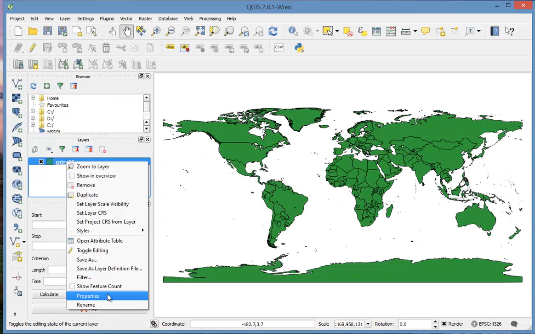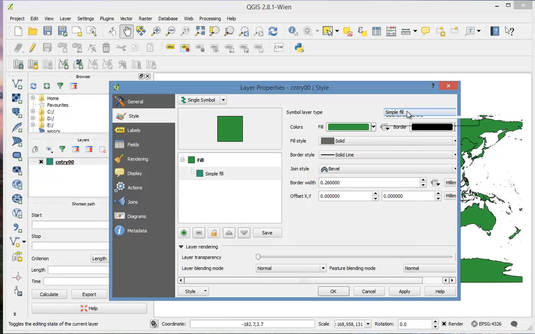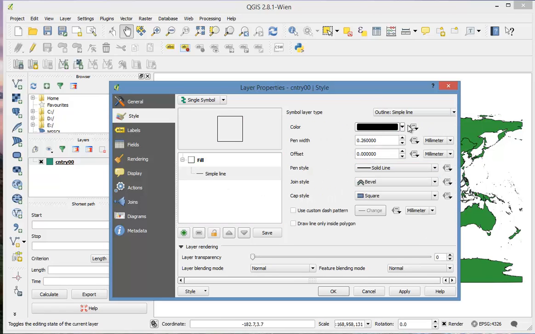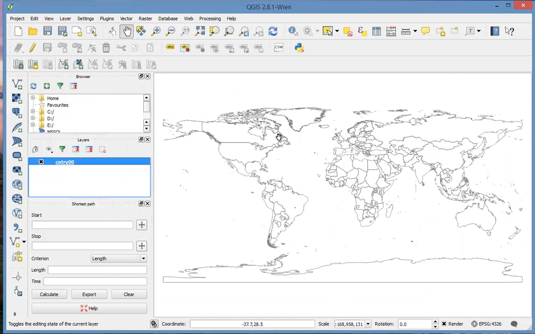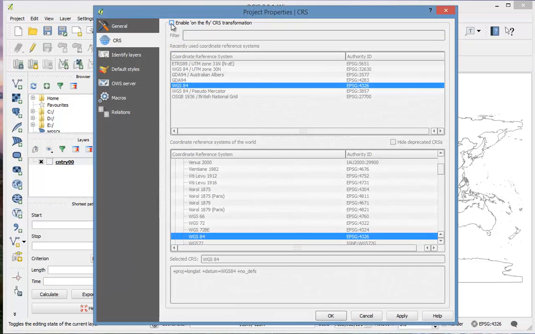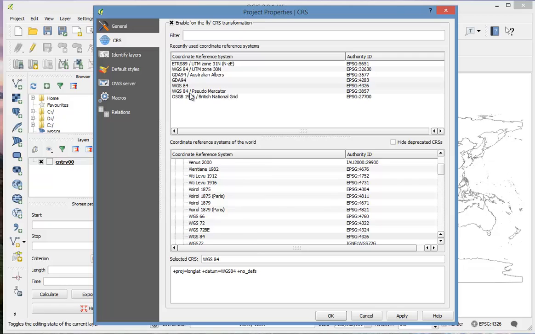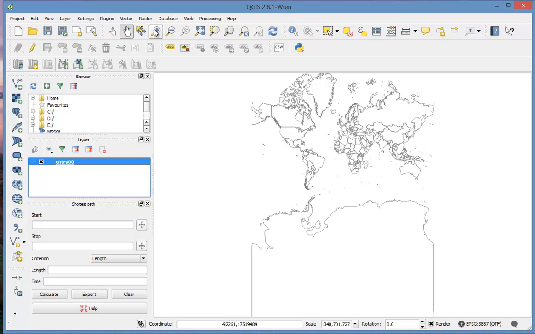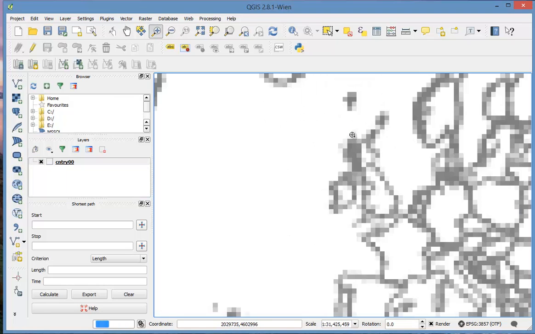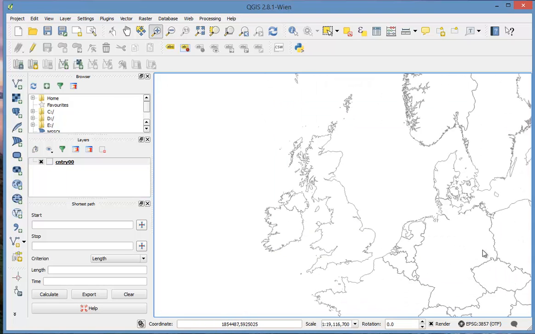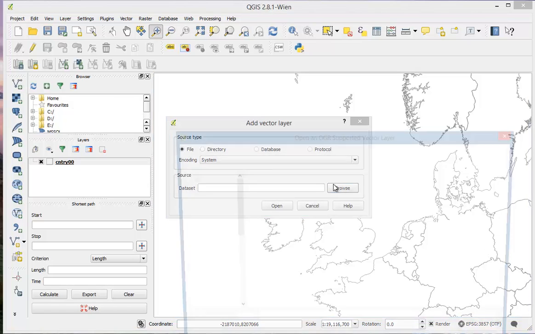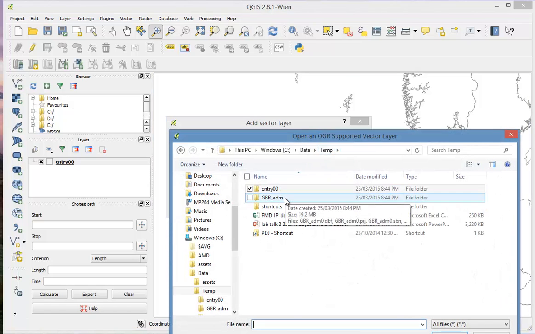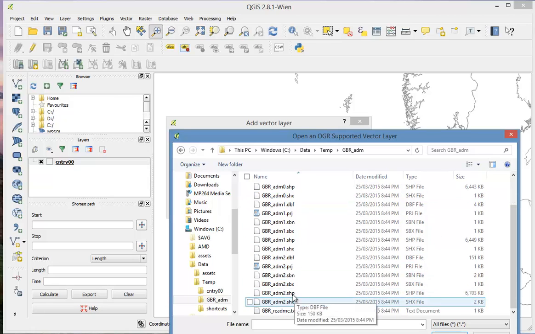and set the display of this simple fill, outline style to dark grey, and select the projection at this point, enable projection on the fly and set it as WGS84 pseudo-Mercator and zoom in on the area that you're most interested in. Then import the Great Britain counties file